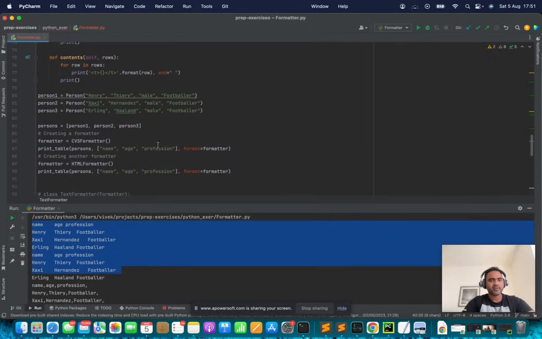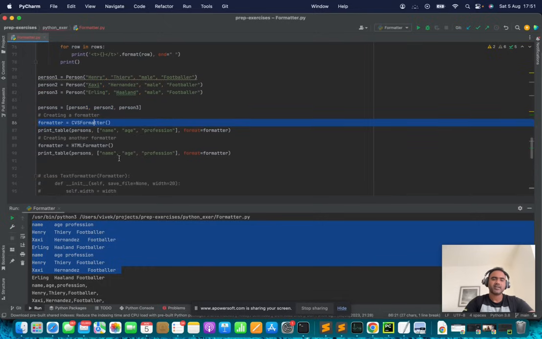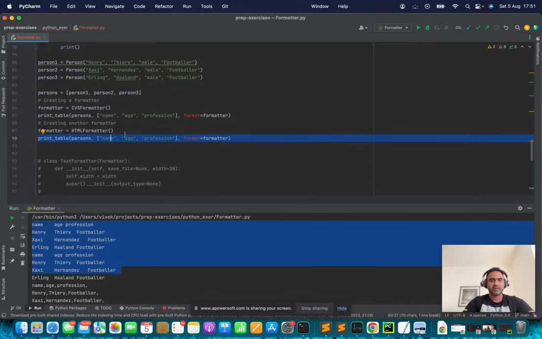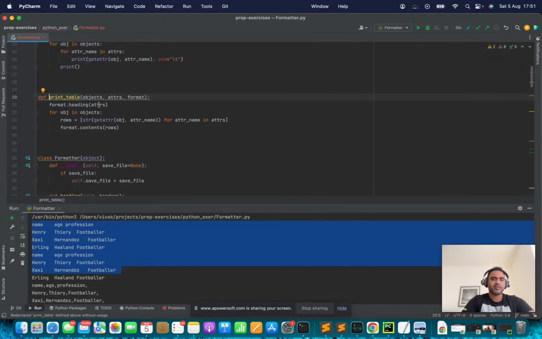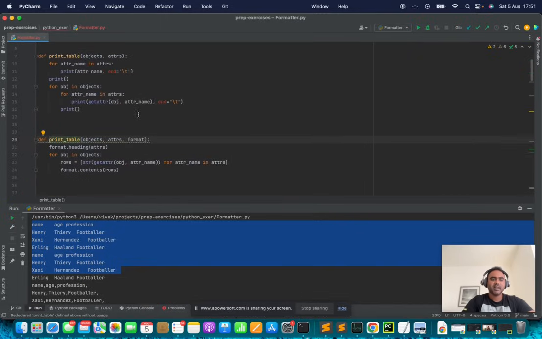So I create three person objects, and I would want to format them, let's say using CSV first, and then maybe using HTML later. So I create two formatters and give the format option to the print table method, which, as you can see, takes